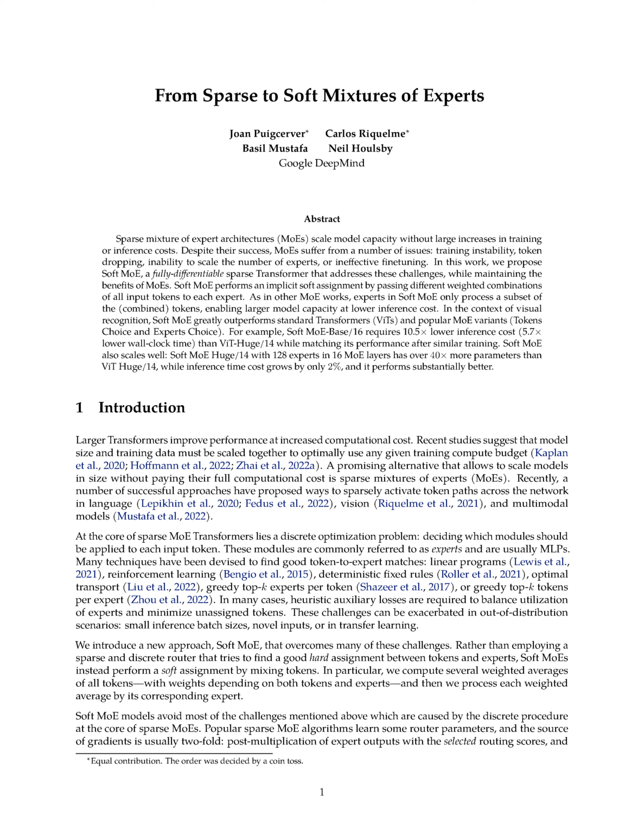Section Summary. Sparse mixtures of experts, MOEs, have been proposed as a way to scale models without incurring the full computational cost. However, the discrete optimization problem of assigning modules to input tokens in sparse MOE transformers can be challenging. To overcome this, soft MOE models perform a soft assignment by mixing tokens, avoiding the challenges associated with the discrete procedure.